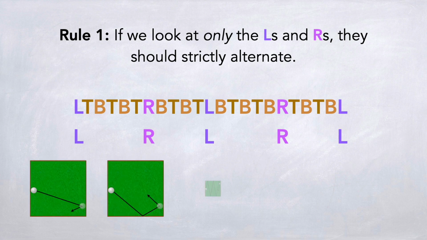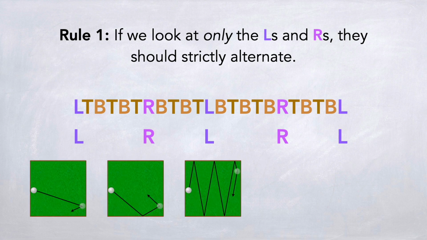After hitting the left wall, the ball will be moving somewhat to the right, possibly right and up or right and down, so the next time it hits a vertical wall, it will have to be the right wall, not the left wall. Therefore, if you ignore all the top and bottom hits, an L can only be followed by